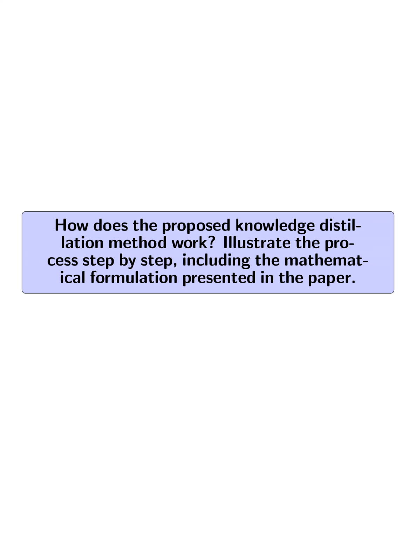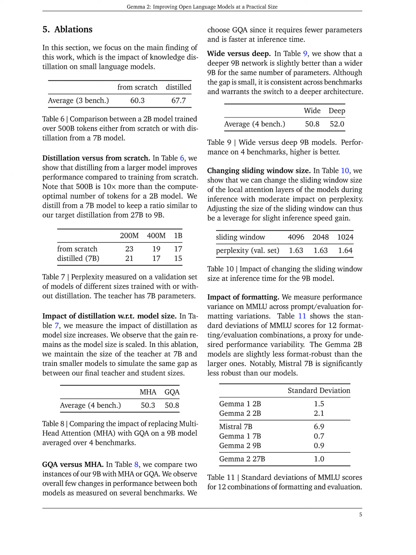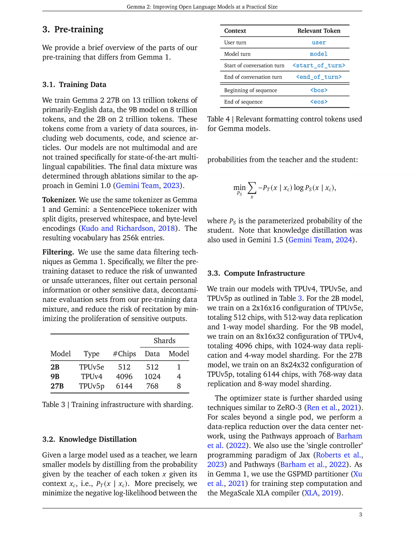How does the proposed knowledge distillation method work? Illustrate the process step by step, including the mathematical formulation presented in the paper. The proposed knowledge distillation method involves training smaller models, students, using the output probabilities from a larger model, teacher. The process begins by using the teacher model to compute the probability distribution of the next token given the context,